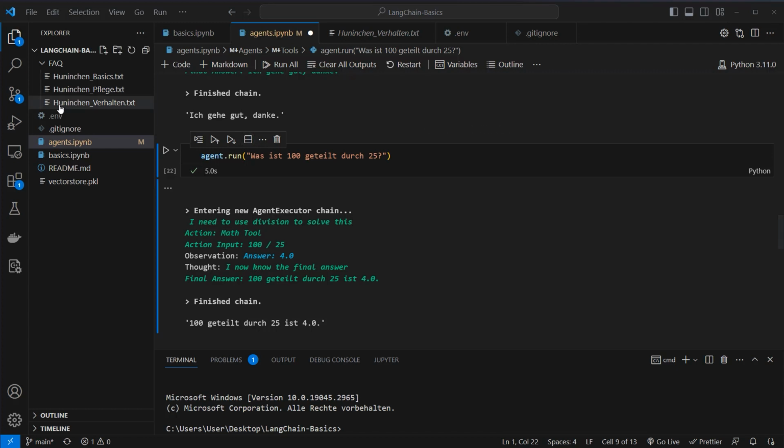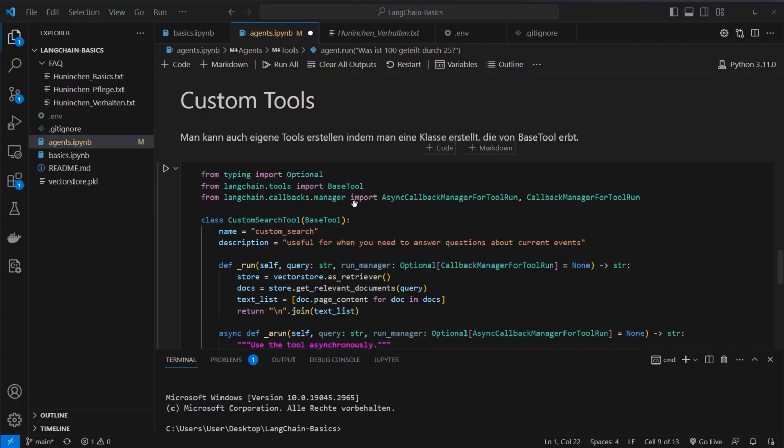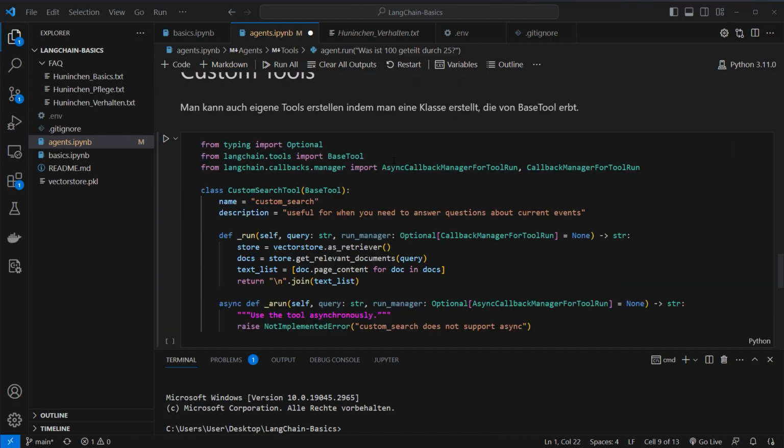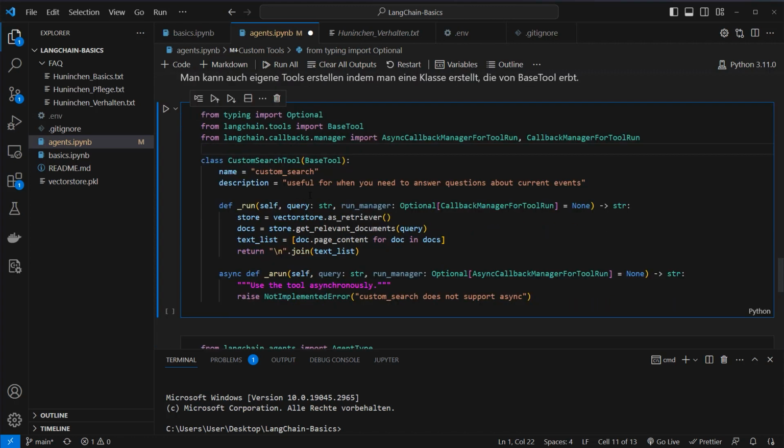For example, I want to use a tool that queries my database. So I have to use a custom tool. Here is a code example for a custom tool. You have to import the base tool class and write a class which inherits from the base tool class. I've called it here custom search tool, and this has two functions I have to override,